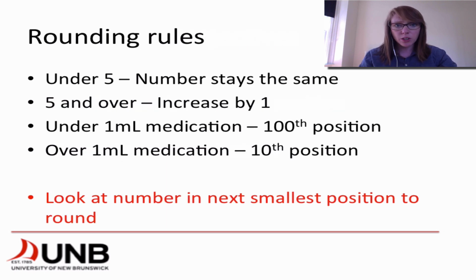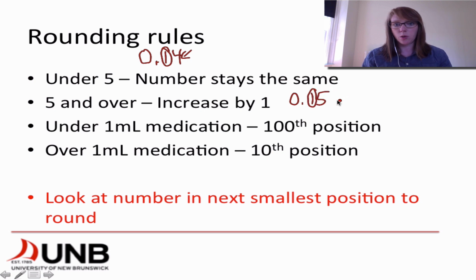So let's look at some rounding rules, some basic ones that we have within medication math and math in general. If we have a number under 5, the previous number is going to stay the same. So with that example, if we have 0.14, this number is not going to change if we are rounding to the 10th position because 4 is under 5. If we have 5 and over, we're going to increase by 1. So if that same one was 0.15, and we are rounding to the 10th position here, we would round up